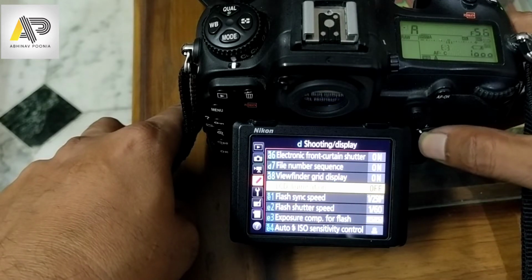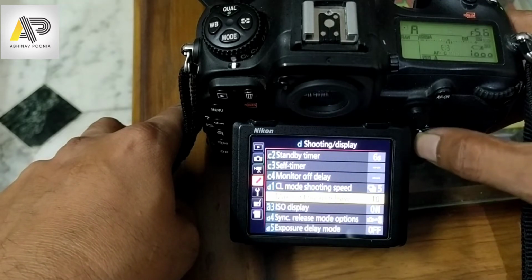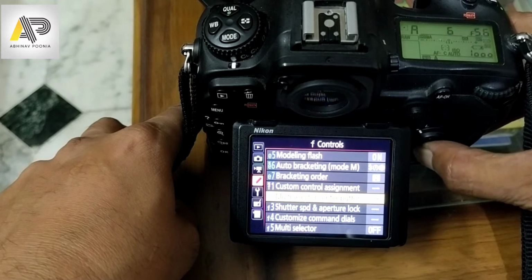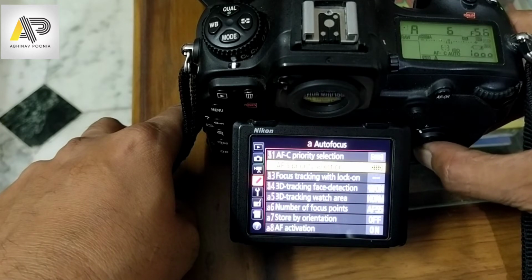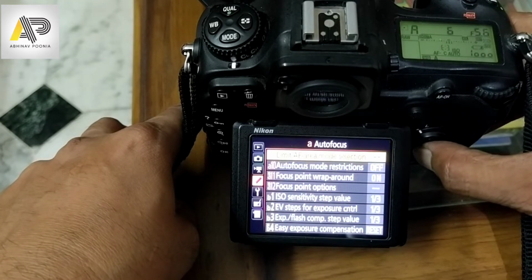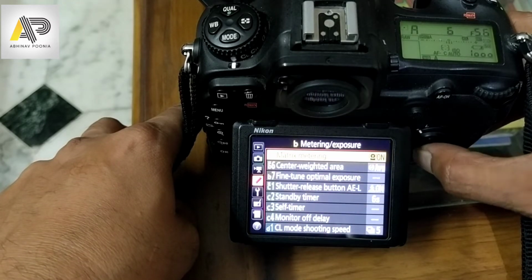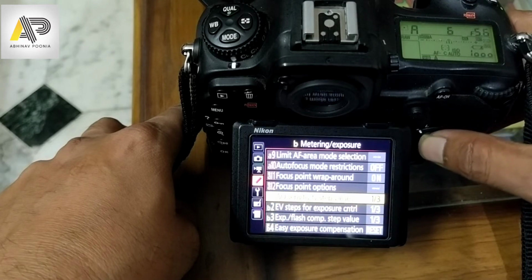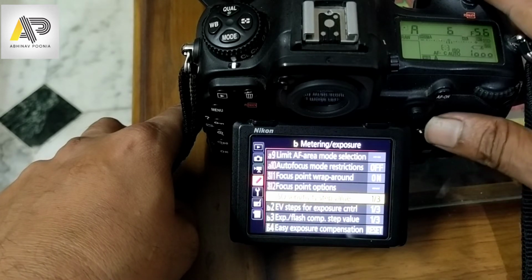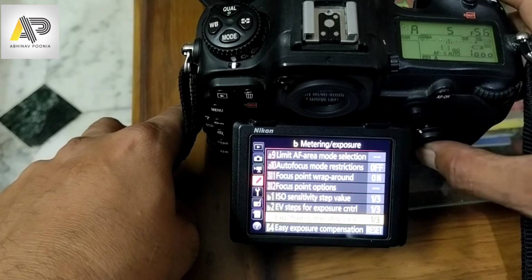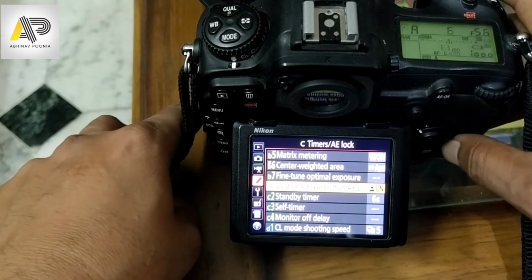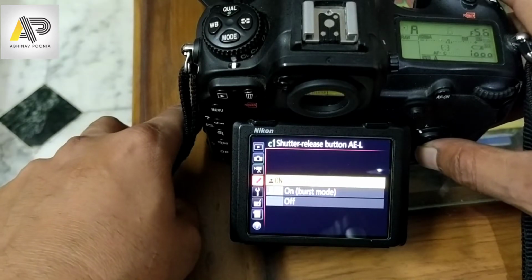And one more thing, let me give you this idea. Just hold on, one more button is there, half press. So basically what is happening is this one, shutter release AEL on half press.